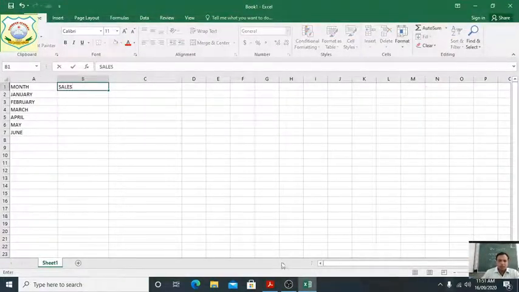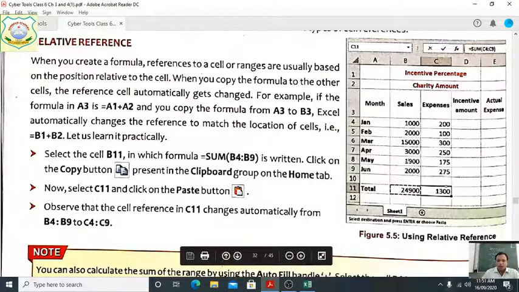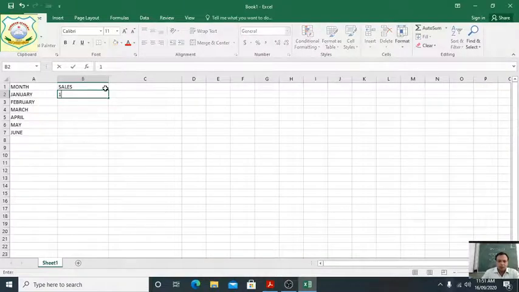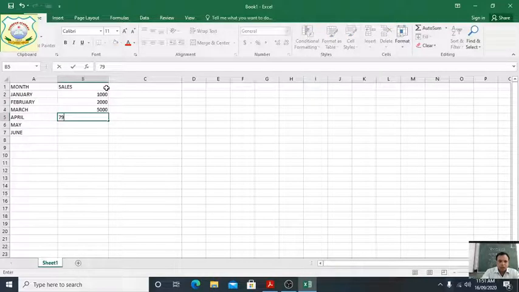Sales here we are writing 1000, 2000, this one. So here we are writing the 1000. This one is 2000, 5000, 7000. Suppose this one we have written 5000 and 4000. Okay, clear, students?